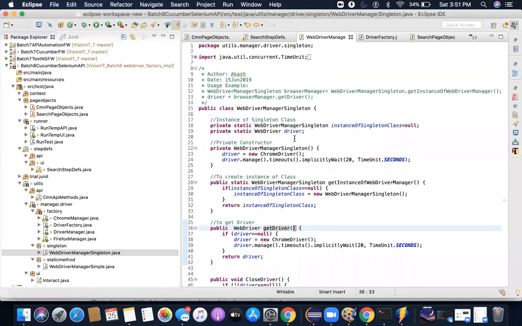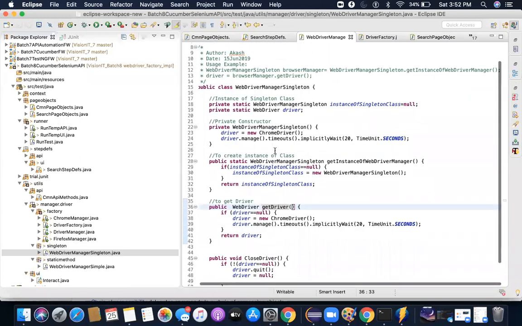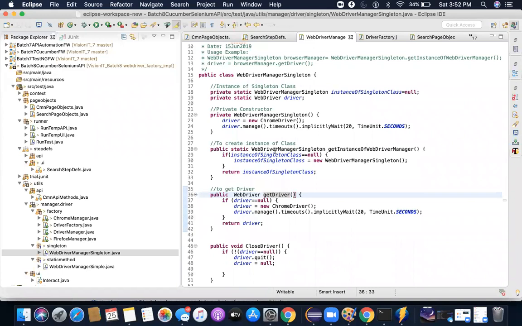Why? Because the dependency injection concept is how you pass on the state of the object from one class to another class. The same instance is what we want to share, right? And singleton also, as a concept, provides that if you initialize it once, the same instance is available everywhere in your framework. In a single JVM, the same instance will be returned. So in some sense, you can say that a dependency injection alternative can be a singleton, right?